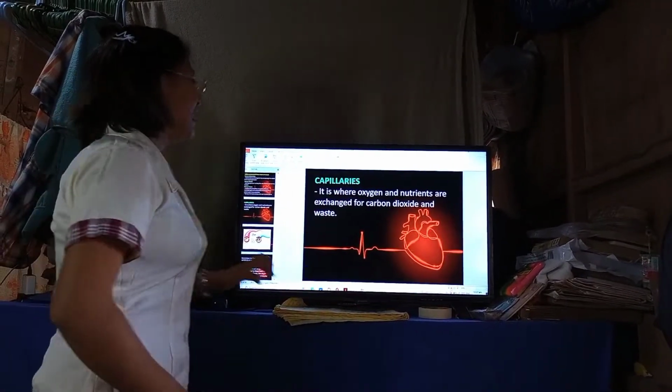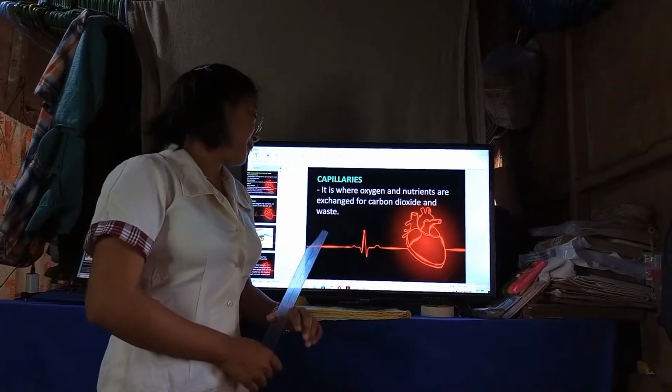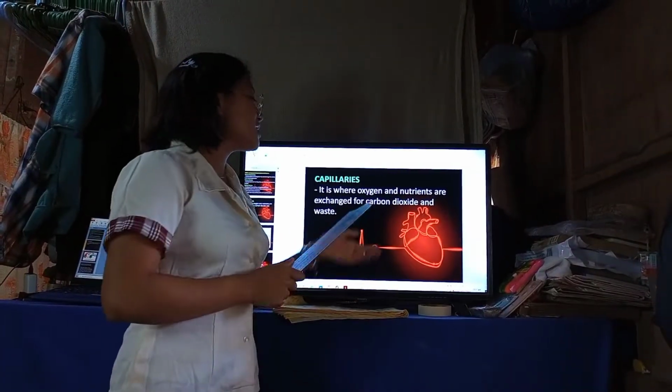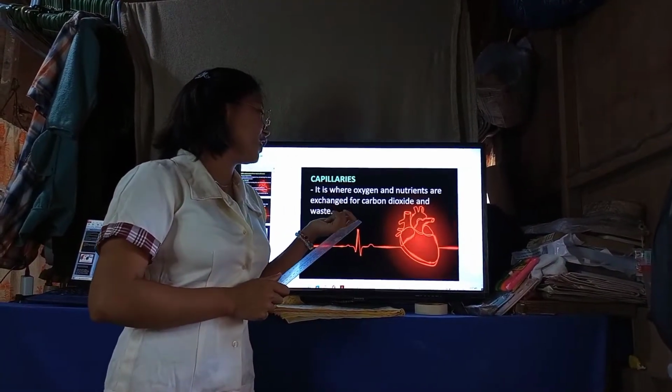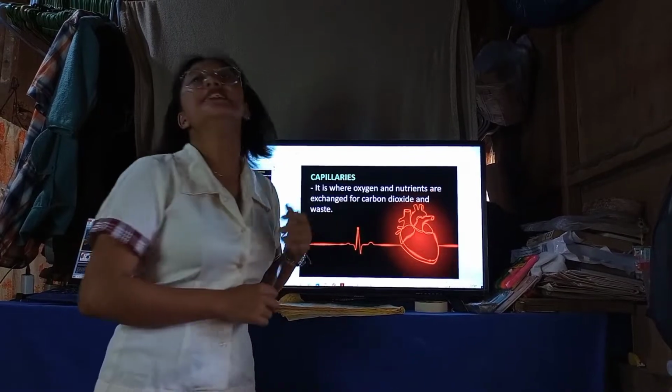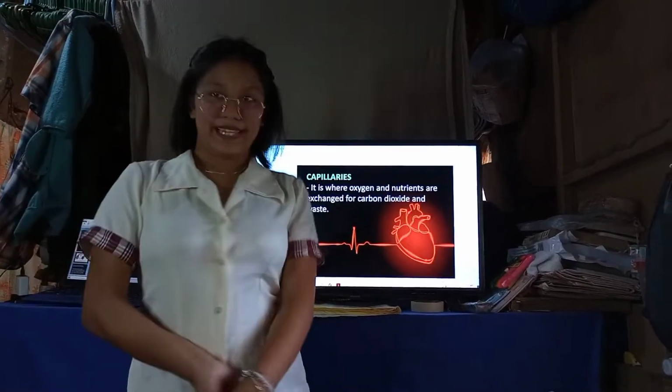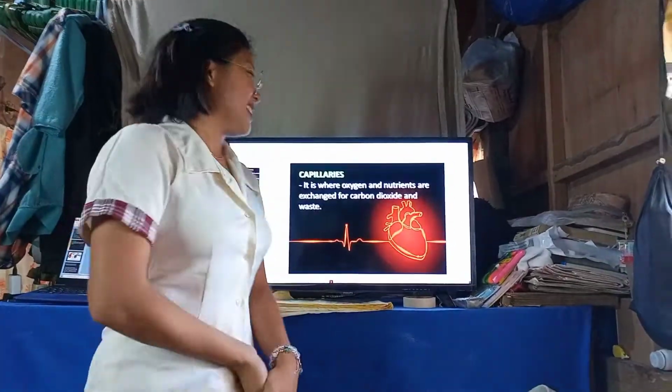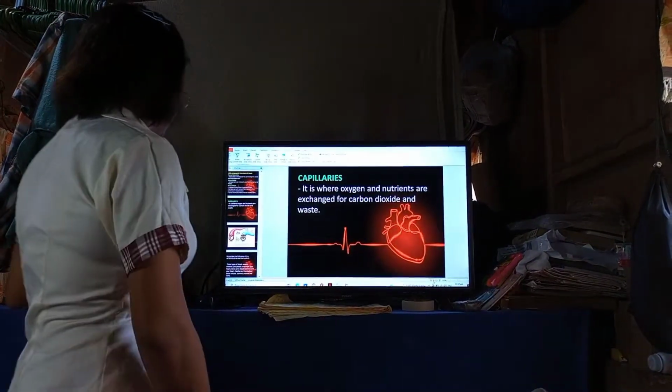Remember that. Then capillaries. So what are capillaries? It is where oxygen and nutrients are exchanged for carbon dioxide and waste. Please explain, Leah. Okay, that's right, Leah. Then next,